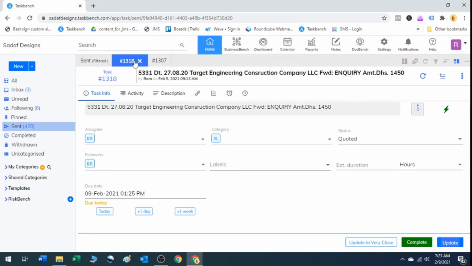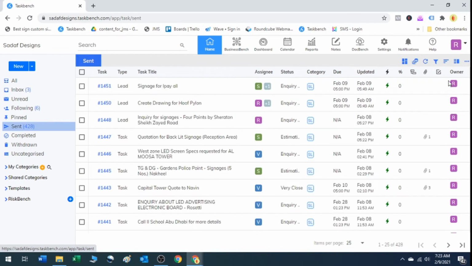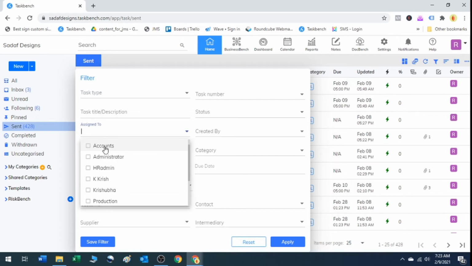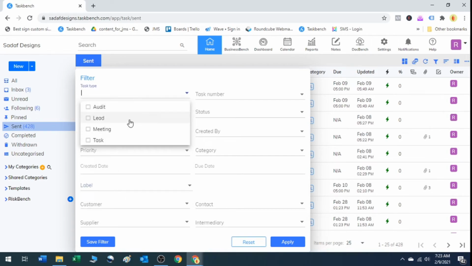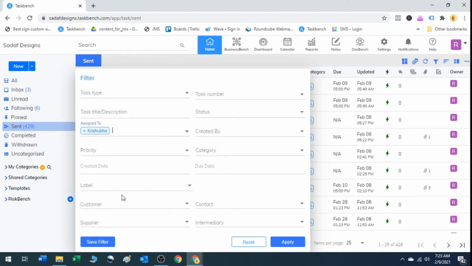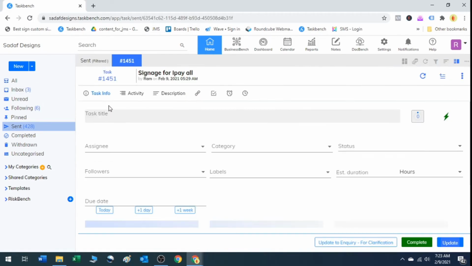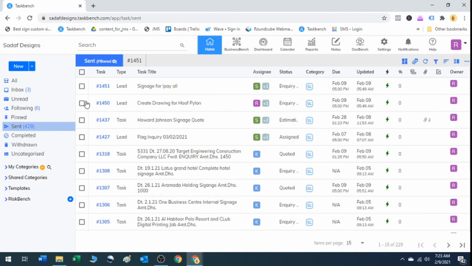So what you can do is you filter this way, and you keep opening all the tabs here on the top. I'll explain you how to open this tab in just a minute. So you go and do filtering, assign to this one. Apply. Now you have so many tasks here showing. See, you can keep opening this. Go to extent or click all this. You want to follow up this 10 tasks. Click all this, open. So all the 10 is opened here.